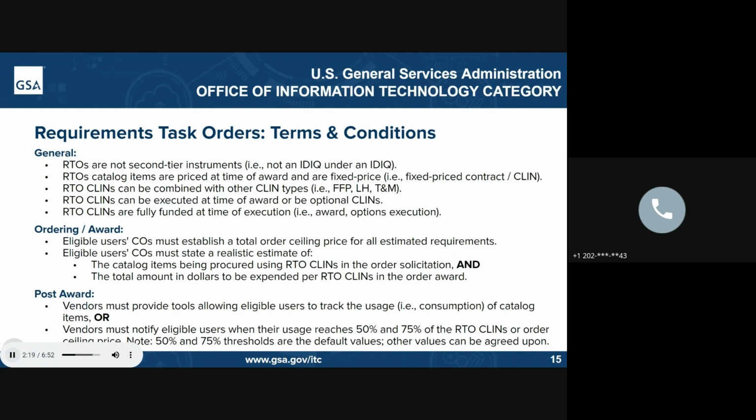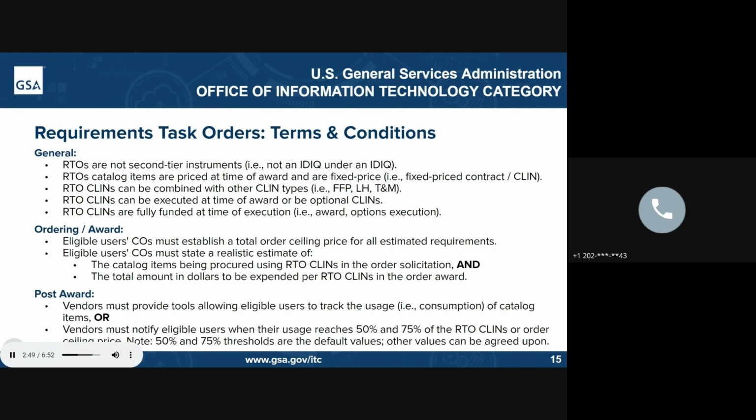Let's say your ceiling for your service for that year might be $1 million, you could almost use the 80%, 20% rule. You could create a requirements task order CLIN with $800,000 on it, and an optional CLIN with another $200,000. And based on how you would be executing during the period of performance, you may or may not have to execute that optional CLIN, which means you don't have to fund that optional CLIN